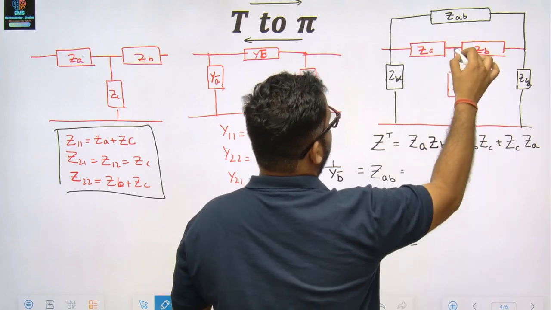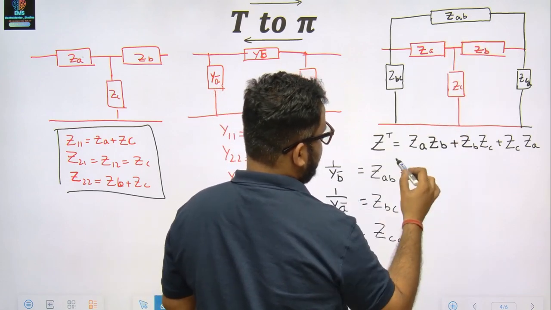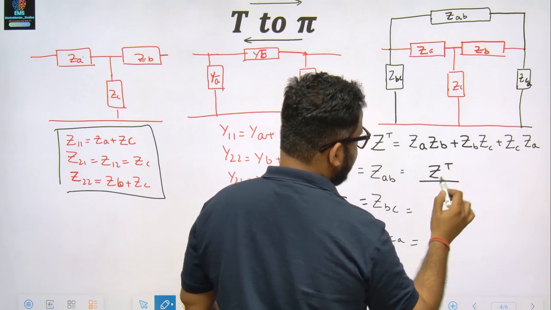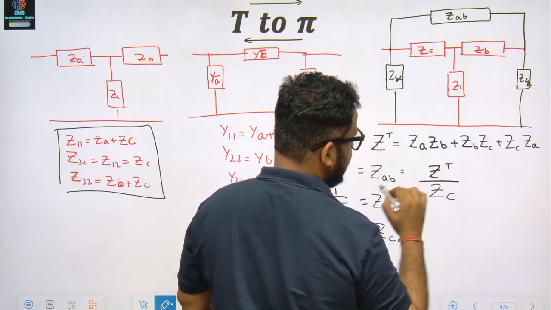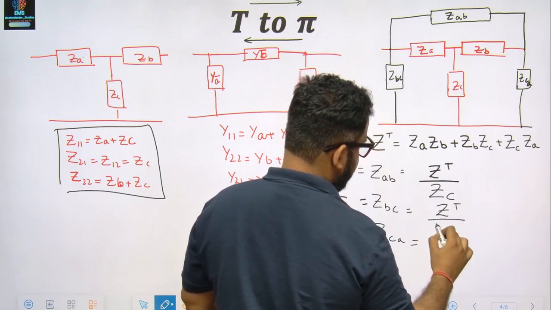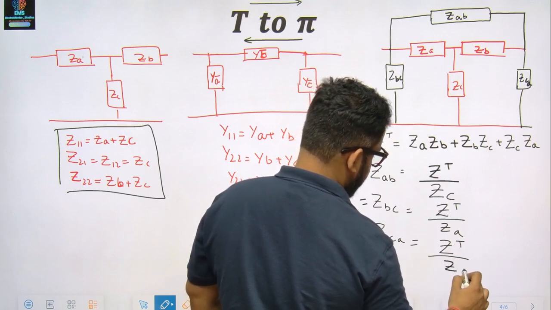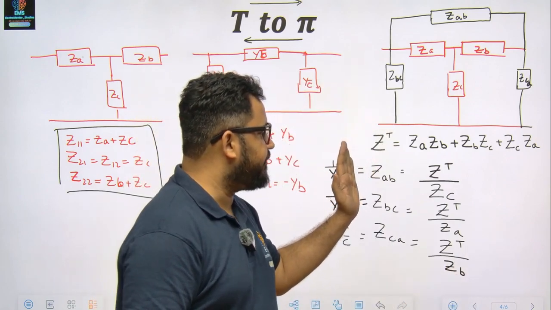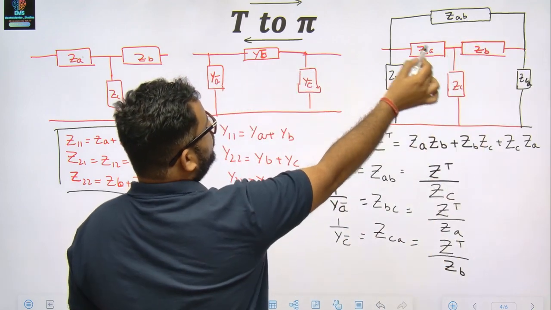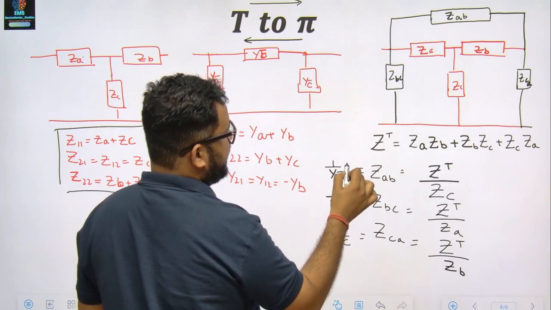Now, here I am converting my T network into my pi network. So what would be my ZAB? My ZAB is ZT divided by ZC. My ZBC would be ZT divided by ZA and ZT divided by ZB. Now, if you see it carefully, all these values are of impedance. So I've calculated impedance. Now, if I want to make sure that it is an admittance parameter, I just have to take the reciprocal of it and I get